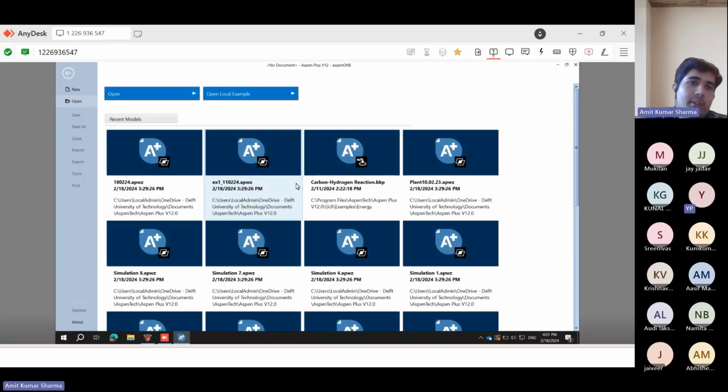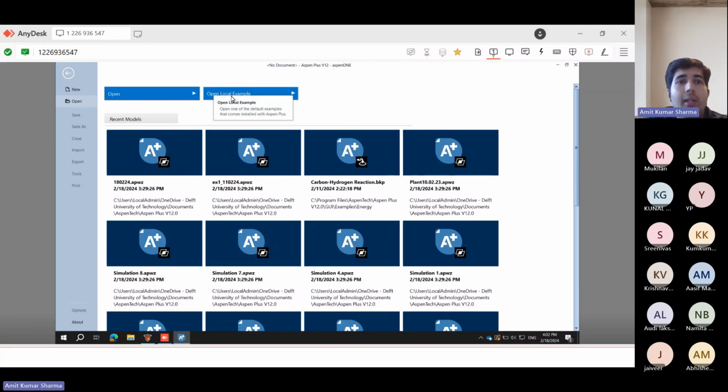Now you have two options here. If you have already done some examples, you can directly open them. If you have previous examples on your hard disk, you can click open and browse the path. You can open the local examples that Aspen normally gives you.